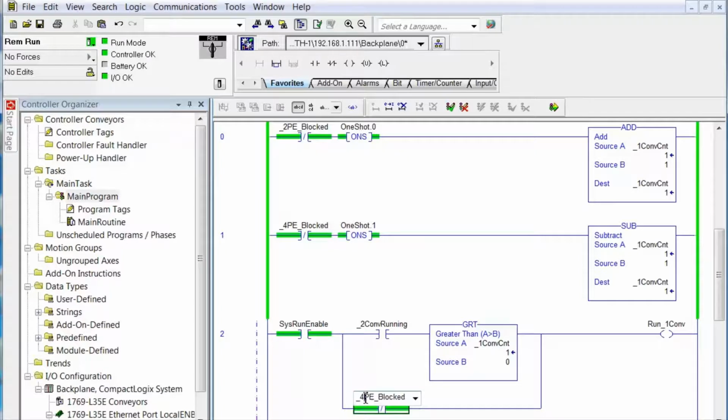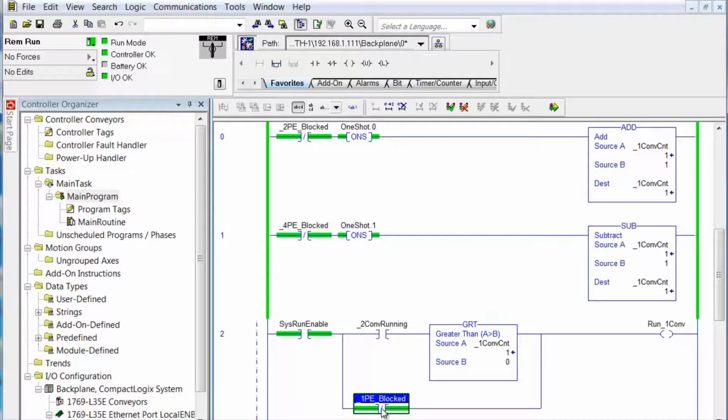So you got to be careful when you're doing this. Now, we want this to be 1 PE. I know that I already have that tag, and if I didn't, backspace 1 enter, then I would have to define this as a tag, but we already defined it. Remember, we originally had 1 PE here, and then we changed it to 2. This tag is already defined. When 1 PE is blocked,